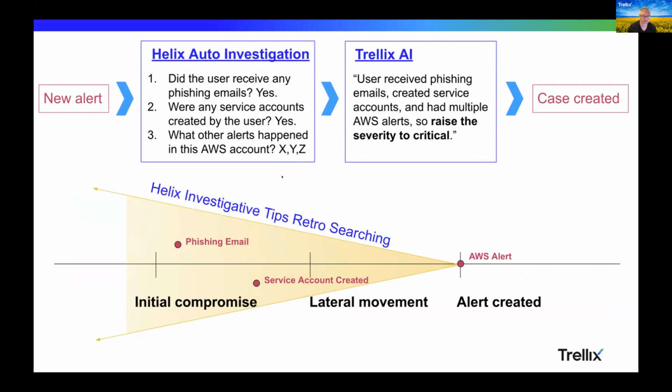And so we run those. We say, okay, we got an alert. Maybe it's a CloudTrail or GuardDuty alert that came through. And then we're going to go back and figure out all the things that affected it. And so this might be any other access to that role, might be any phishing emails that came in, it might be service accounts that are created. Now, these are just sort of general searches that we do, but we summarize all that information for that specific alert, and then we give it to an AI running on Bedrock, and we can actually make some really good determinations about whether or not we should raise that alert so that somebody sees it.